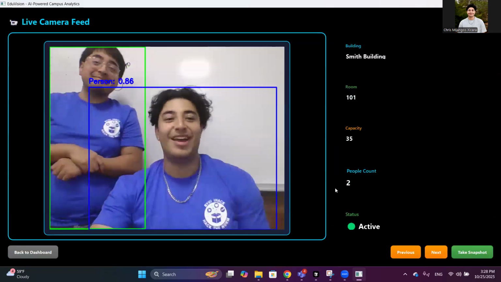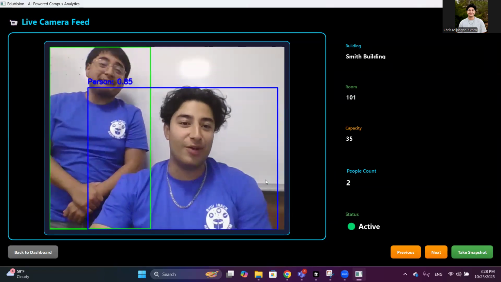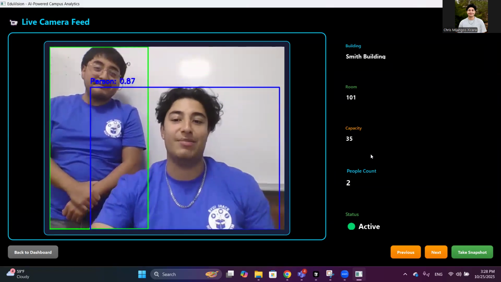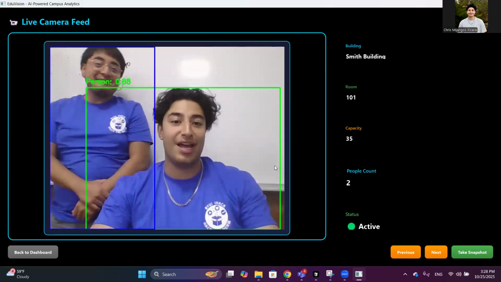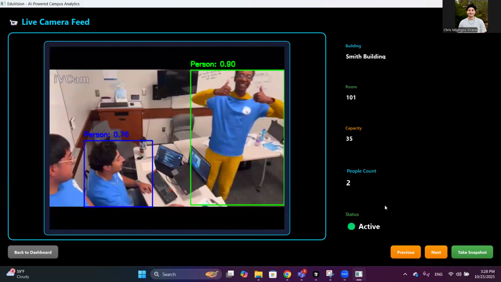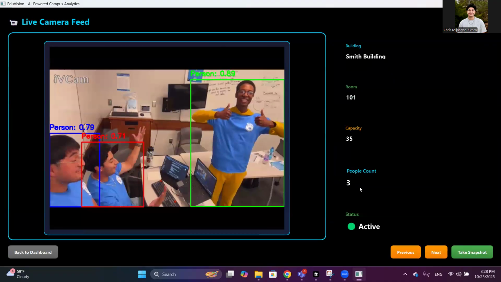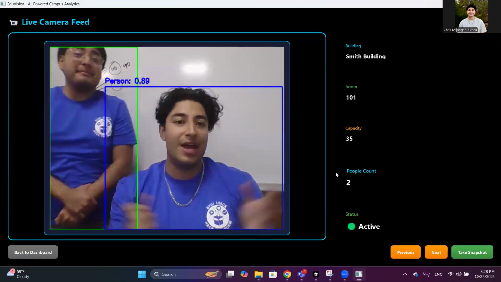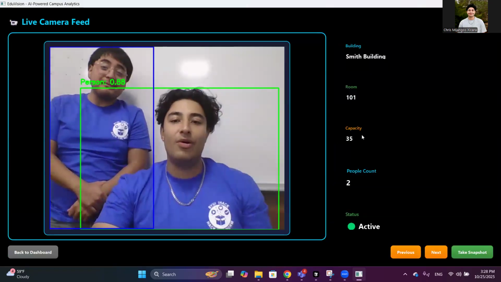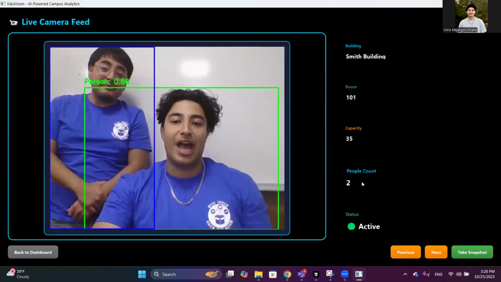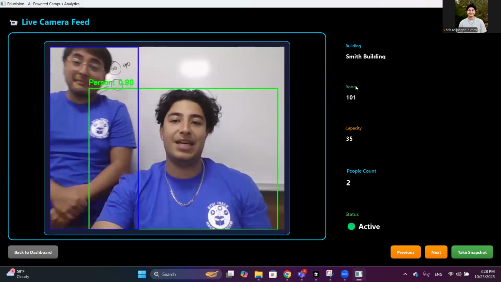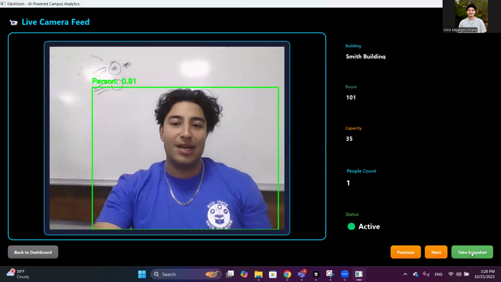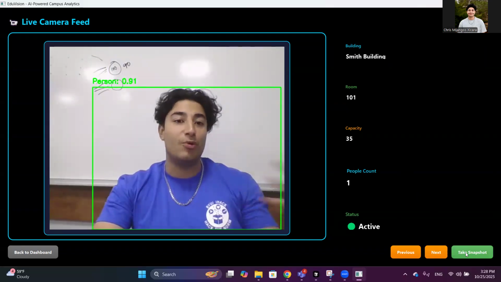The beauty of this is that you will be able to have multiple cameras working at the same time. For example, this time I have this, but then if I go, I can also see myself here, which is really awesome. This will help us have multiple cameras running at the same time as video surveillance. Right now, we see here that we have people count, we have a capacity, a room number, and building. So all of that is going to help us to take snapshots. So we will be able to